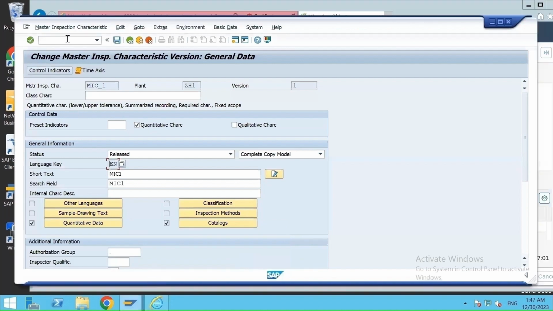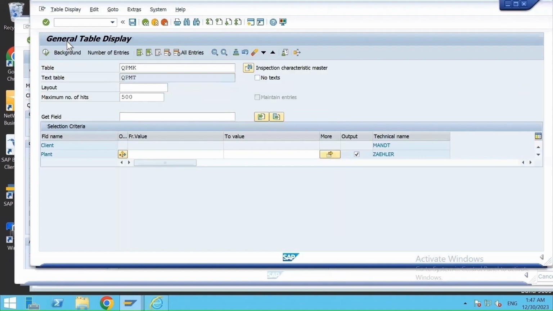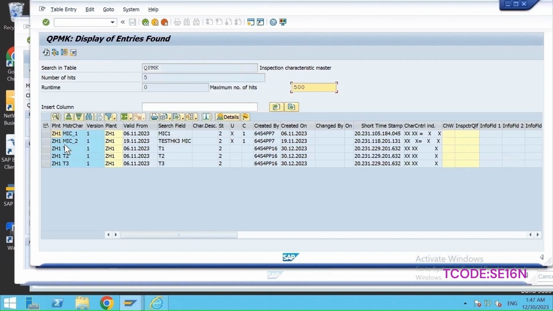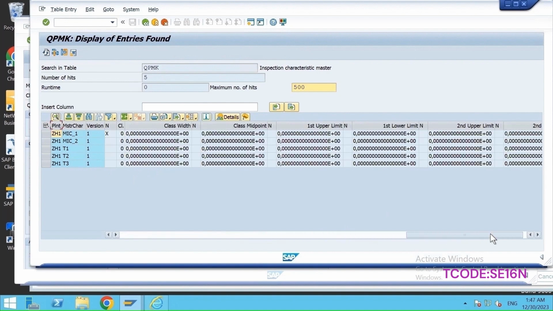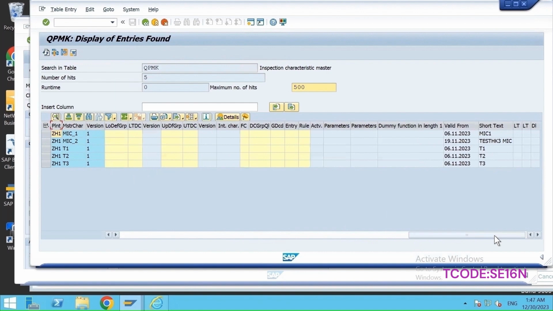To see whether the data has been imported or not, SA16N, enter the table for MIC, which is QPMK. Just execute it. T1, T2, and T3, these MICs are added in this plant, and with the valid from date which we have entered as 6/11/23,